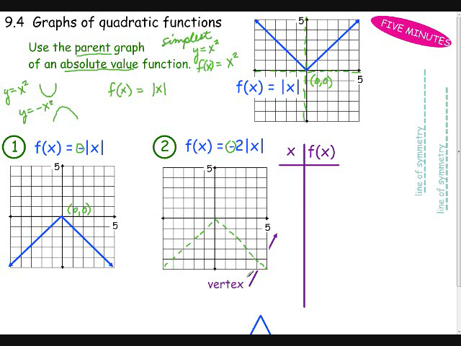That's not the whole story though, is it? Because what else is happening here? Instead of having a multiplier of 1 on it, it has a multiplier of 2 on it. So it's going to have a much steeper